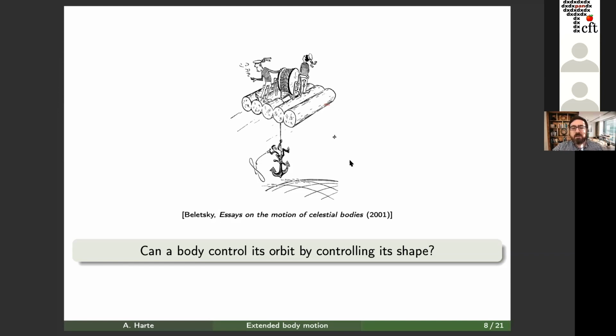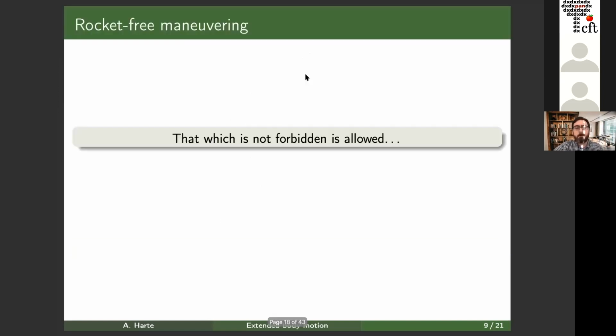This kind of whimsical drawing is not taken out of a random place, but is actually talking about exactly this problem. The idea here is that you have some spacecraft, and you have a mass at the end of an extendable tether, and these sailors up at the top are reeling in the tether or letting it go out, changing the length of this rope. As they're doing that, they're changing the quadrupole moment, they're controlling it, and if you control this in the right way, you can do interesting things. Okay, so what can you do?